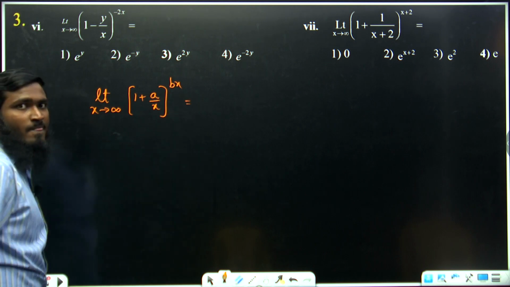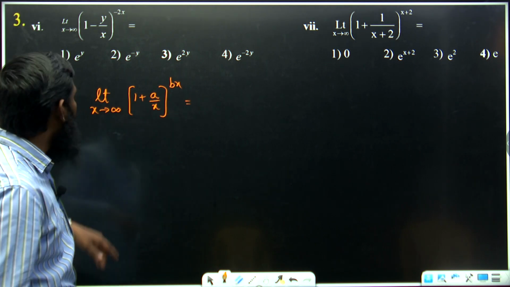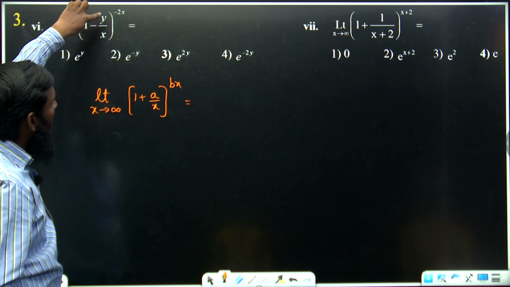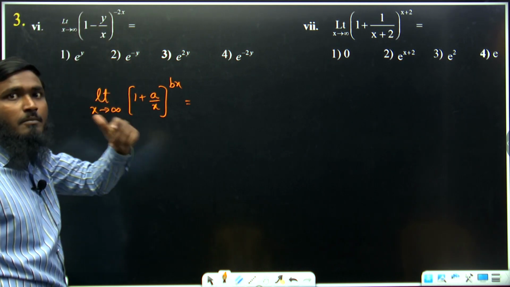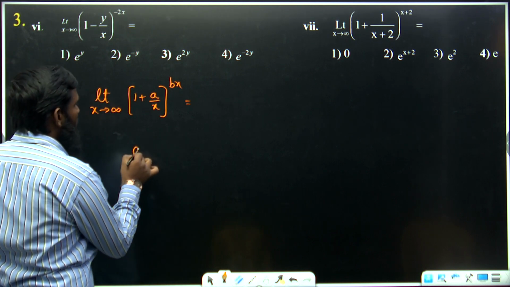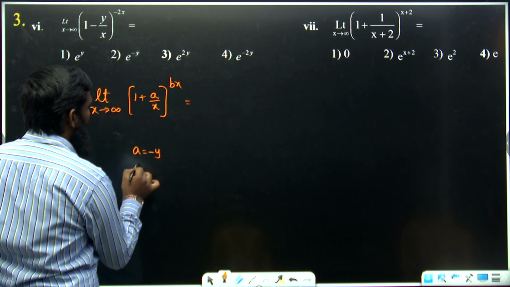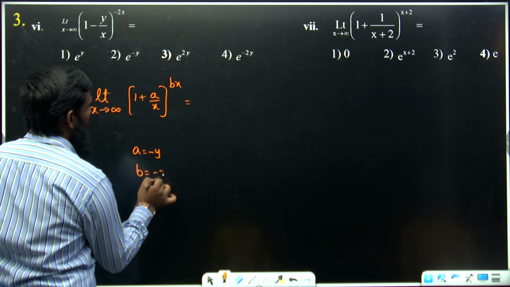Like this we have taken now. Now in this we have to find out a value and b value. From this, a value, what are we having? Minus y. B value, what are we having? Minus 2. So if a value is equal to minus y and b value is equal to minus 2, then